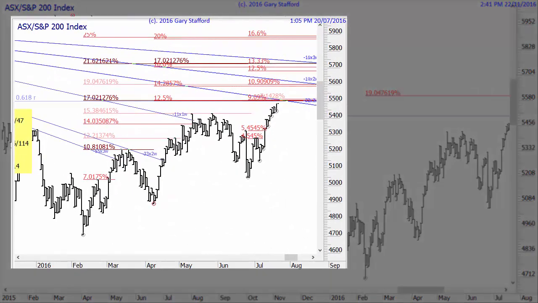Now it's a modification of the signal that I gave on the 29th of the 4th 2016, so I'm still watching this level here for a possible short. However, as I pointed out in the video, it's a 0.618 retracement between the major low and the major high, and so you'll get a lot of people shorting it here. So as I keep saying, it usually means it'll probably work but not for very long and then break through to the upside very quickly, so bear that in mind. But after saying that, there's still quite a lot there, so anyway, watch the video. I'm still watching this level here. It's probably worth watching just here as well, and just using normal Gann stuff.